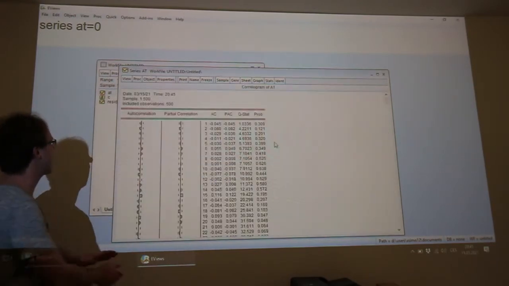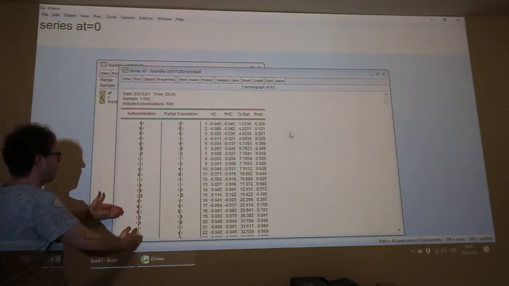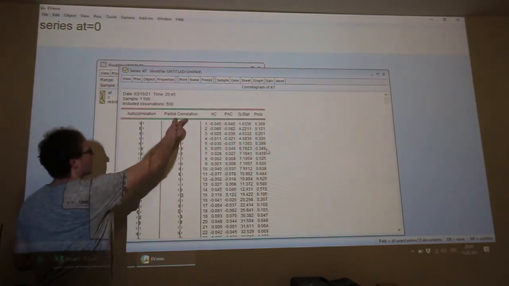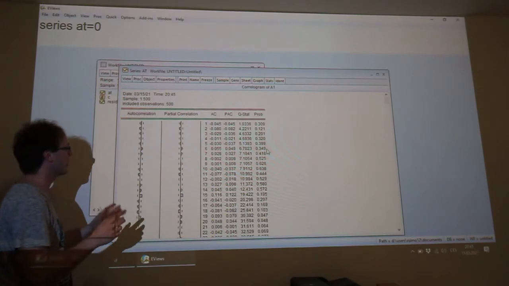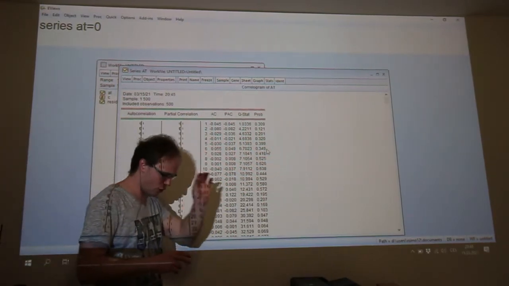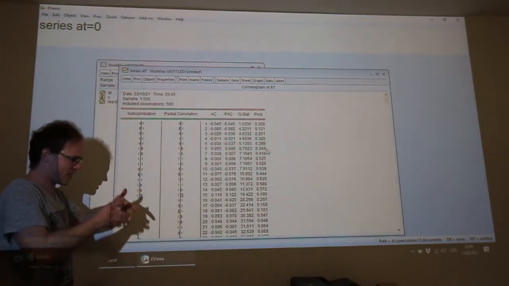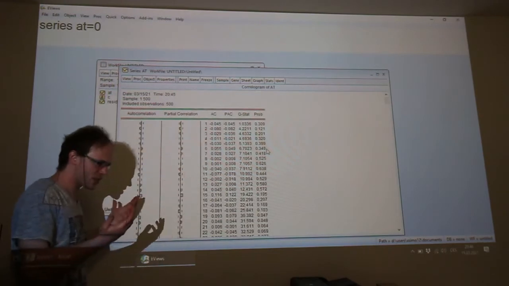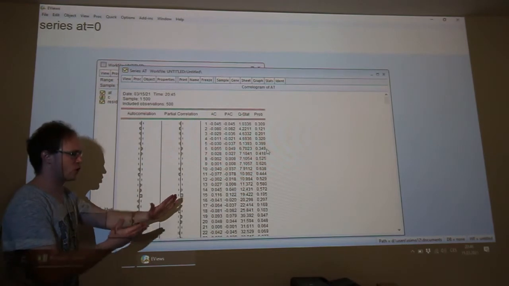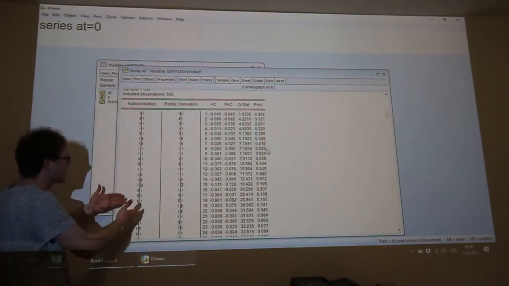So please click on OK, and here you can see the autocorrelation function values and the partial autocorrelation function. If you remember the Ljung-Box Q statistics and the Ljung-Box test of correlation, the null hypothesis is that there is no correlation structure, there is no dependence, the data is independently distributed.